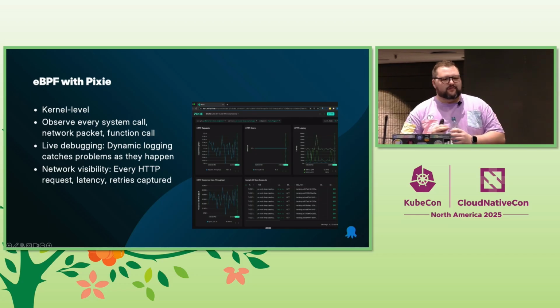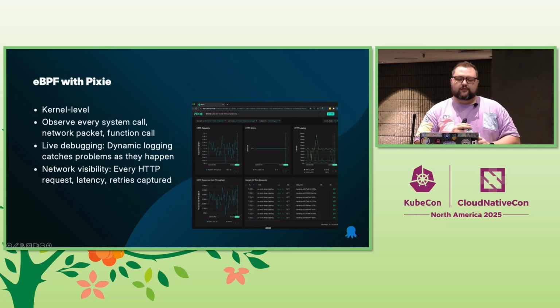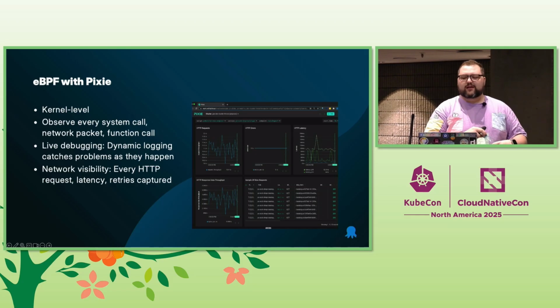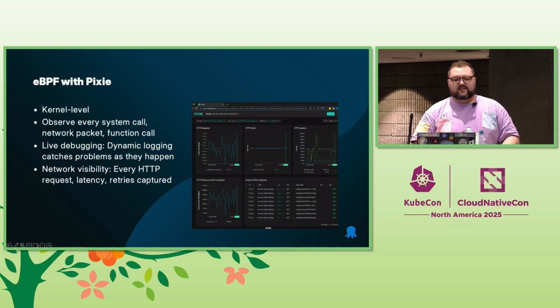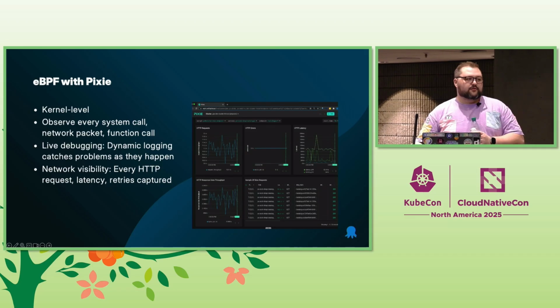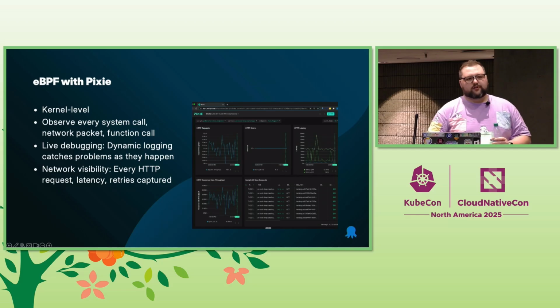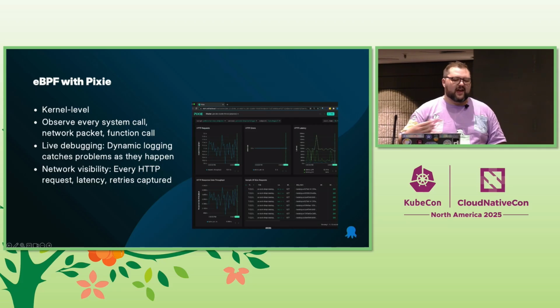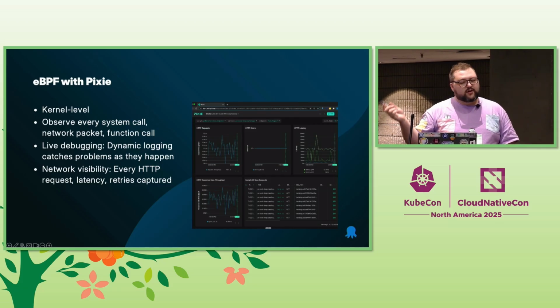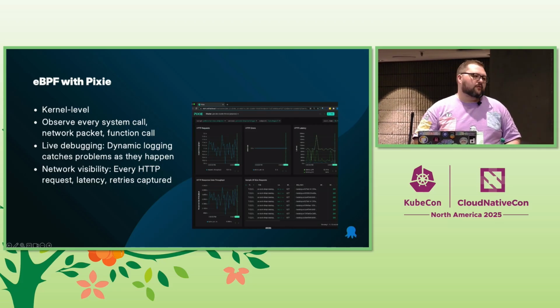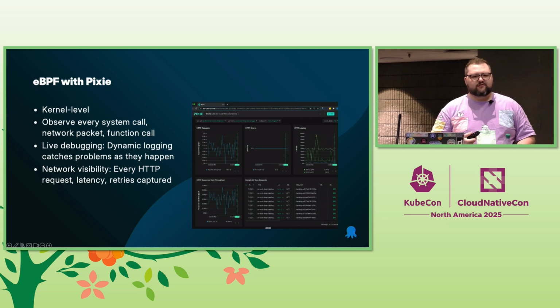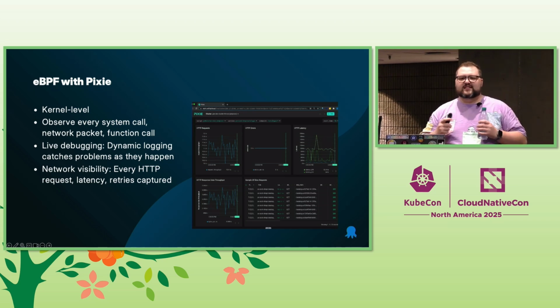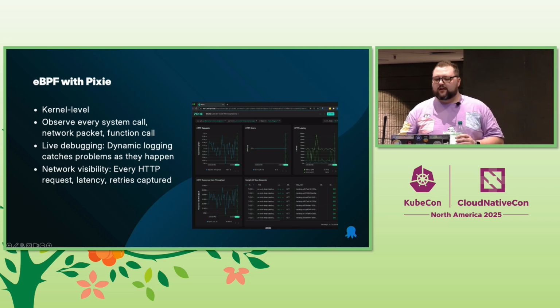But on top of Pyroscope, which is really cool, we also introduced another level of debugging, specifically for our test clusters, and we introduced Pixie. Now, Pixie is an eBPF tool that you can use to essentially instrument anything that you might want to. It lets you observe almost every system call. It lets you do a whole bunch of network packet debugging, a whole bunch of function call debugging to just see exactly what's going on in your cluster.